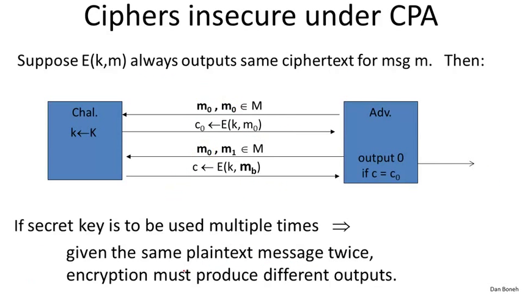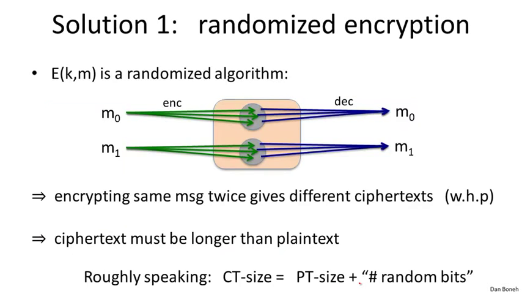So what do we do? Well, the lesson here is if the secret key is going to be used to encrypt multiple messages, it had better be the case that given the same plaintext to encrypt twice, the encryption algorithm must produce different ciphertexts. And so there are two ways to do that. The first method is what's called randomized encryption. Here the encryption algorithm itself is going to choose some random string during the encryption process, and it's going to encrypt the message M using that